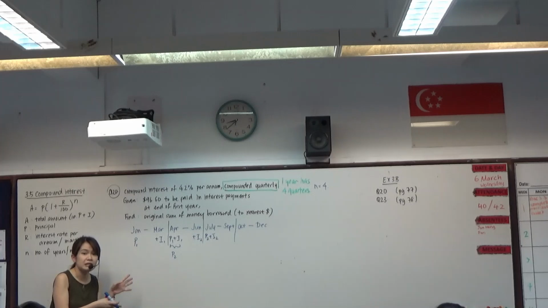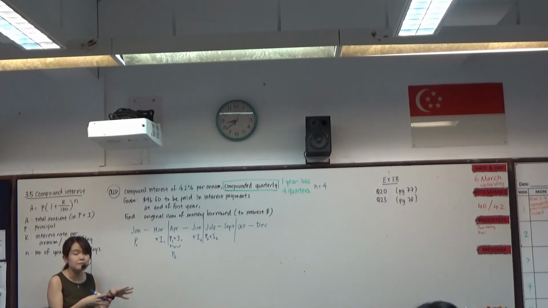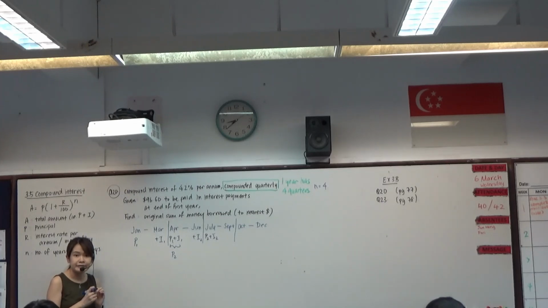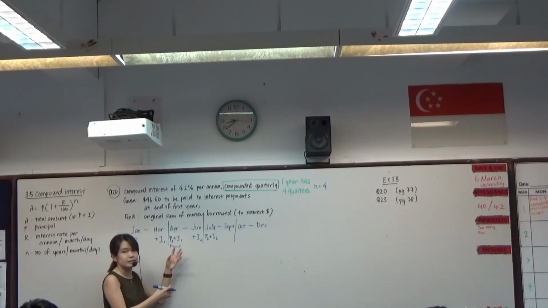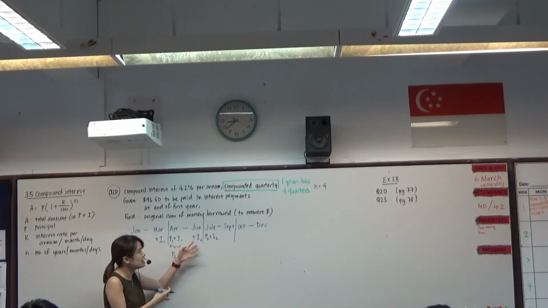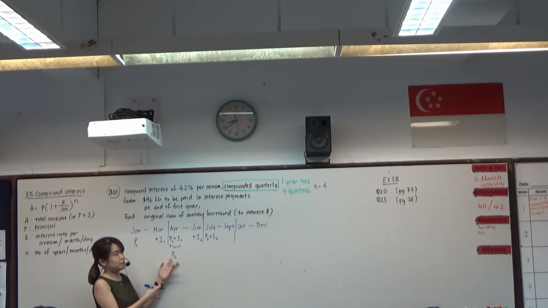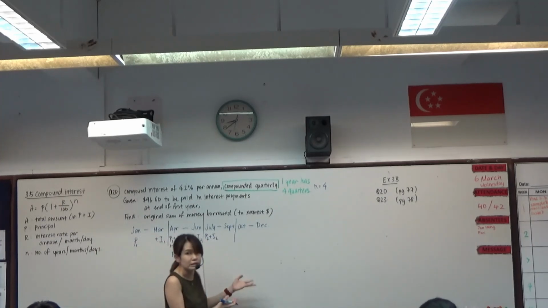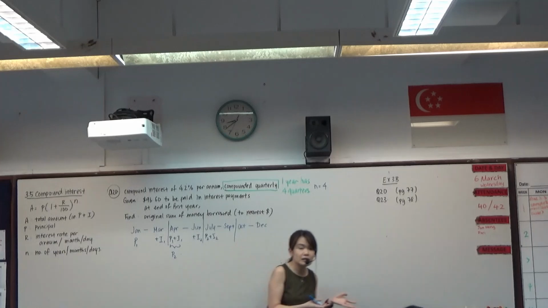Compounding quarterly means that after 3 months, you will earn some interest already. Then with the interest that you earn, it will change the principal amount for you to start the second quarter. Then after that, you will earn some interest in the second quarter. Then the new interest adds on to what you had previously, such that you change the amount of principal you get in the third quarter. So you're earning